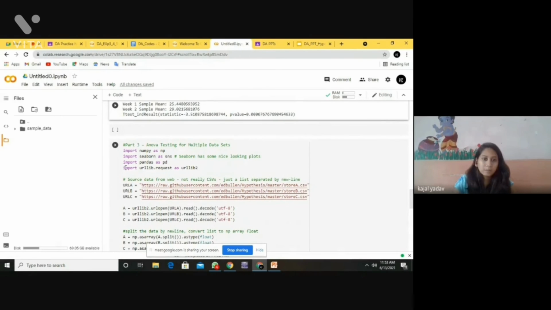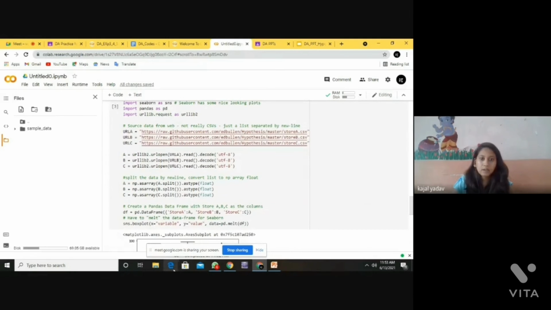So we are importing pandas as pd and importing urllib.request as urllib2, and we are giving here the three links for URLs, opening and reading them, and decoding with UTF-8, then splitting the data by new line and converting the list to a NumPy array of float.